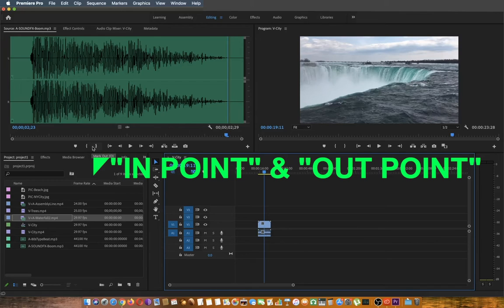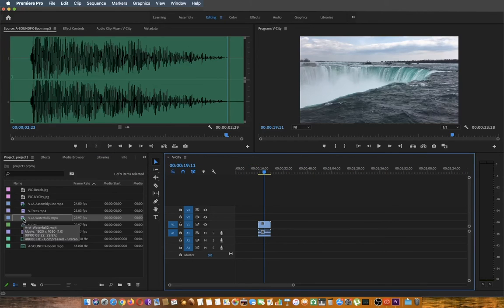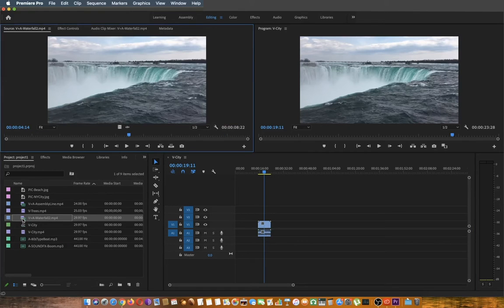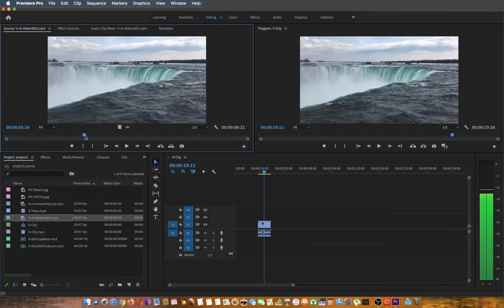So to actually use these tools, we're going to take the waterfall clip and double click on it, double click on the icon, not the words. Double click brings it up in here. Now we can take the playhead and drag it to where we want. We can drag it all the way through. Let's say, you know what, I like this from here to here. So we go to where we want our starting point to be,